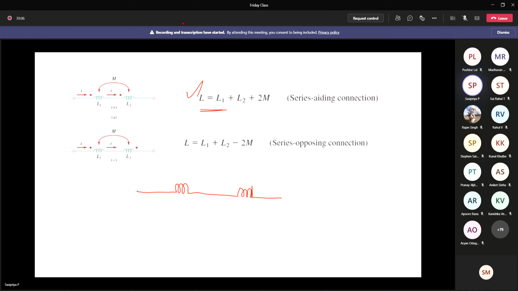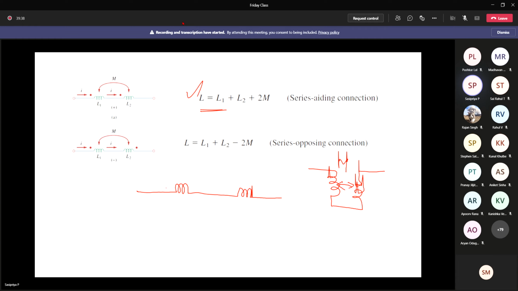Now I can consider it this way. This is nothing but a series connection, no? So definitely there is going to be a coupling between these two coils, and there is a concept of mutual inductance here. Am I right or not? Yes, ma'am. Okay, so now we are going to find the total inductance. How did we discuss total resistance using Ohm's law? The same concept we are going to apply here.